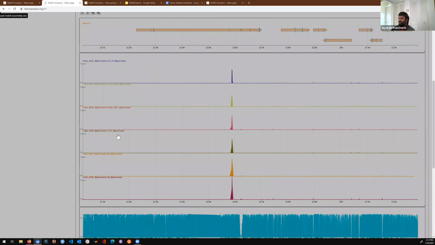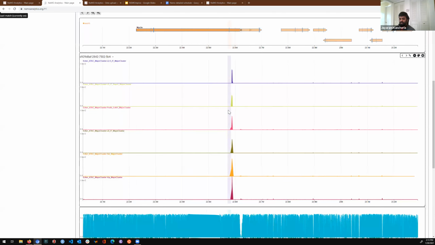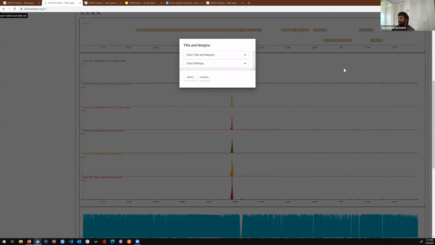Yellow. It immediately reflects those changes right away. And the next thing you can do is the cog icon. There's a cog icon that allows you to change settings. So on Epiviz, every type of visualization has its own set of settings associated with it, depending on what track you choose. For example, if you use a heat map or a scatter plot, you can define clusterings. But for signal tracks, you can define binning parameters and other stuff, and I'll walk you through each of